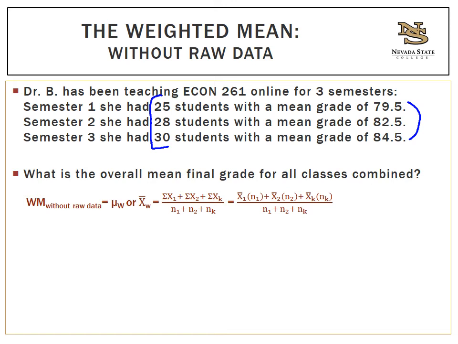Now, this is another situation where I don't give you the sum of x. I don't tell you the total grade. You have to figure that out by taking the mean and multiplying it by the sample size. So let's do this. To get our weighted mean, we're going to have,